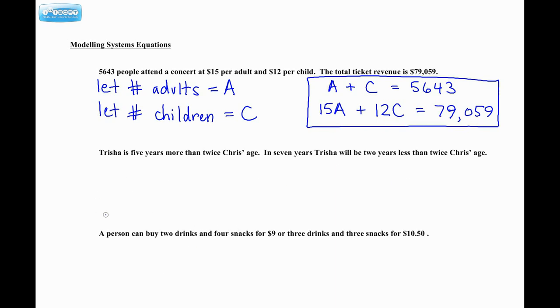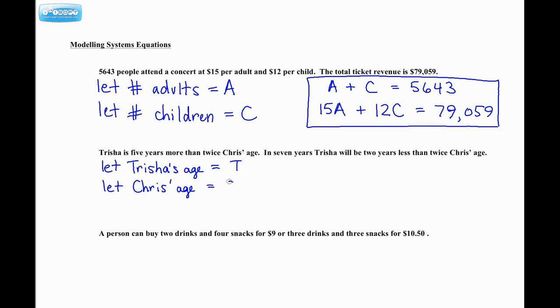All right? So after we gather ourselves and we stop crying, because the problem seems so hard, let's look at what we don't know. Well, we don't know how old Trisha and Chris are. Okay, so let's just create two variables. So let Trisha's age, well, we're assuming years, equal t. And then we'll let Chris's age